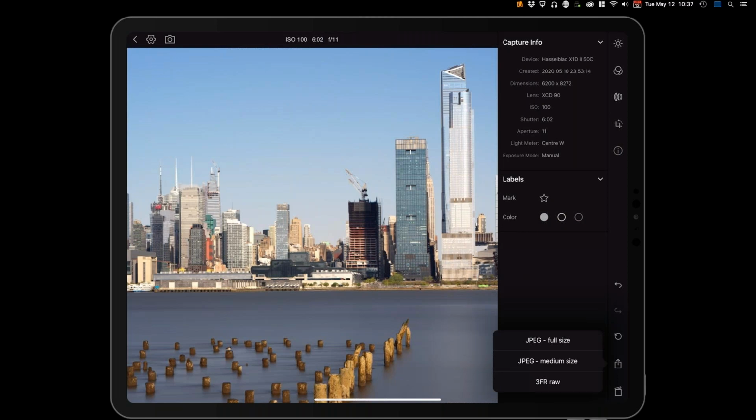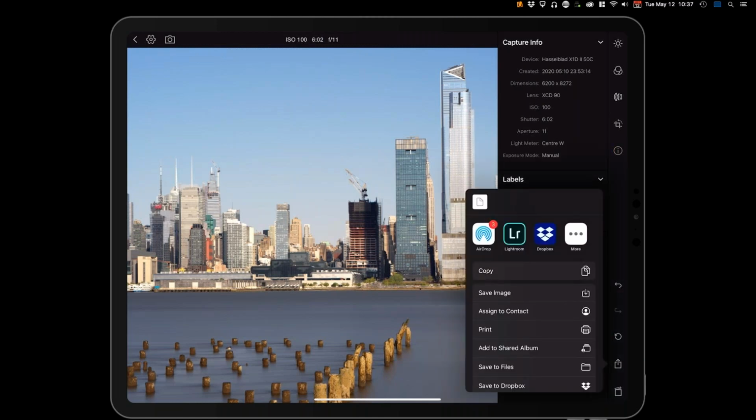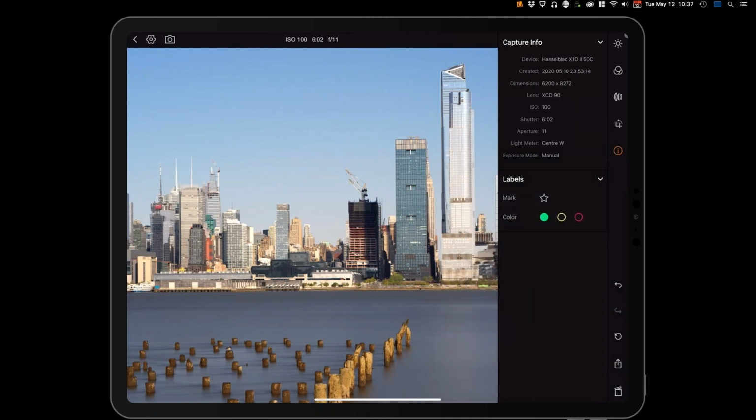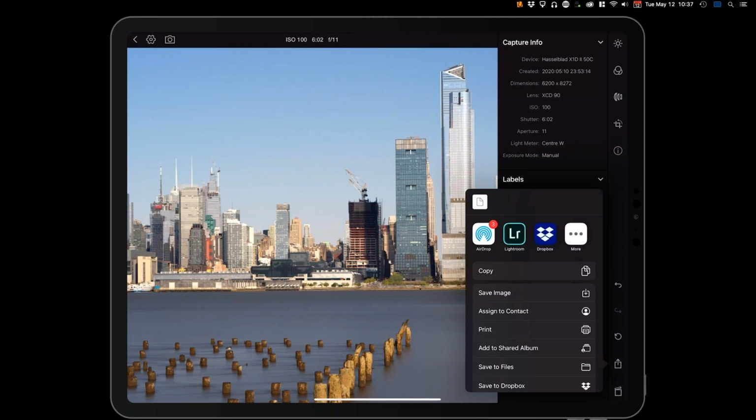Now, the 3FR raw option is really meant for if you're looking to edit the unedited or unadjusted raw file or back it up as was imported from camera. So when you choose the 3FR option, that is being done without any adjustments applied. So it is an original camera raw. And one of the key examples that we have in play for this would be if you do your editing in another program. Say, for example, if you're a Lightroom CC user, you do, of course, have the option to edit in Lightroom CC. So for here, I'll just tap the 3FR option, and you can see that I have